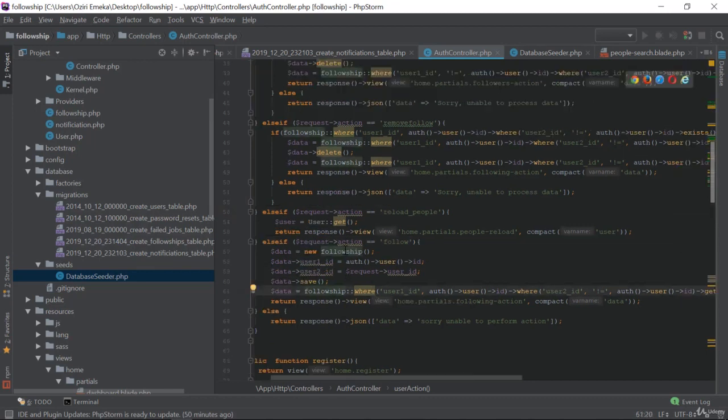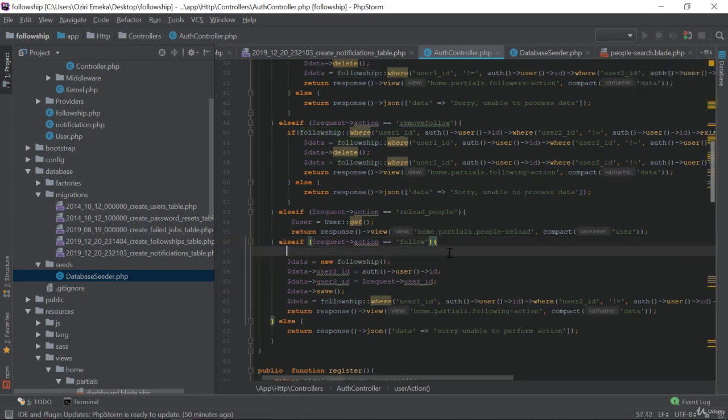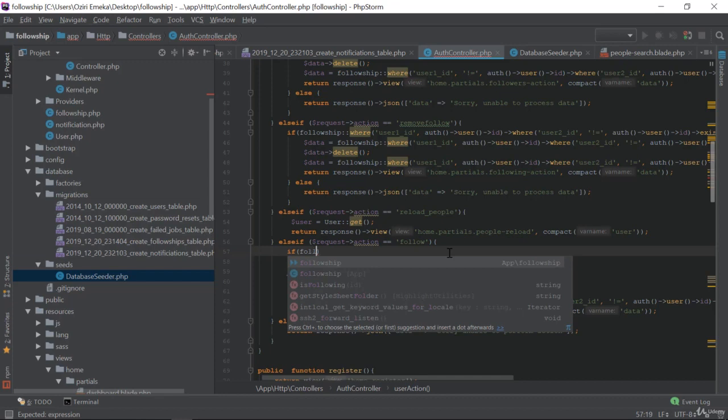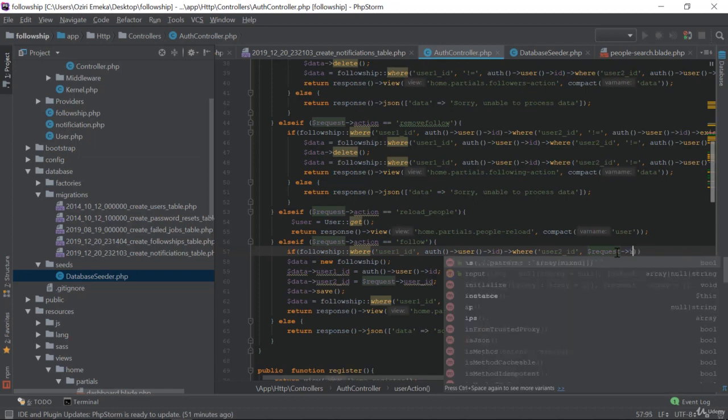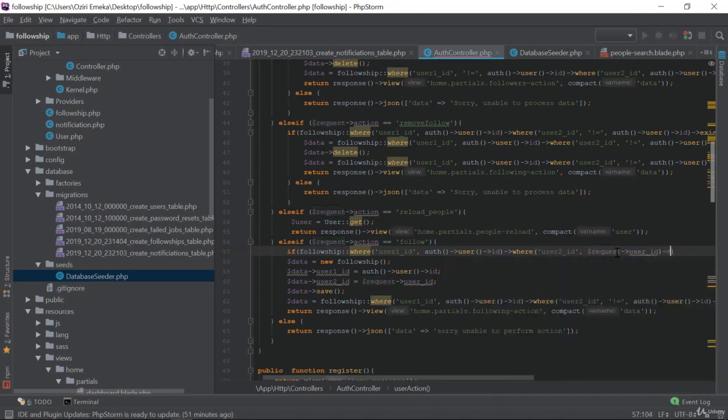So to do that, you just have to make sure you check that you don't have the data before creating it. An easy way to do that is to just create a variable, or we don't have to use a variable. We're just going to use an if statement, and we're going to say if, in the fellowship table where the user1 ID, since you follow it, is the authenticated user ID, and we're also going to have another where clause, the user2 ID, which will be the request user ID,